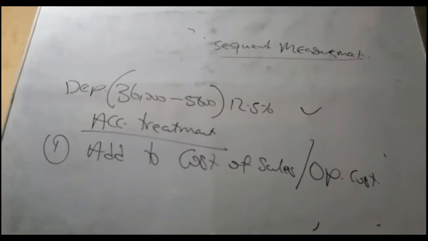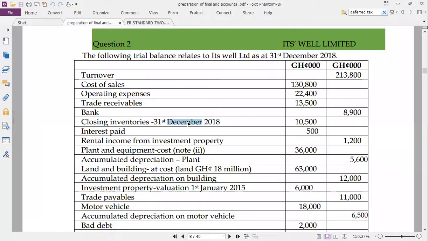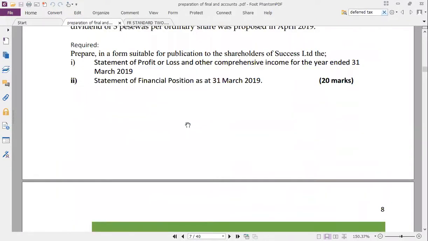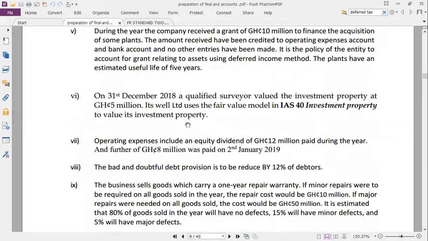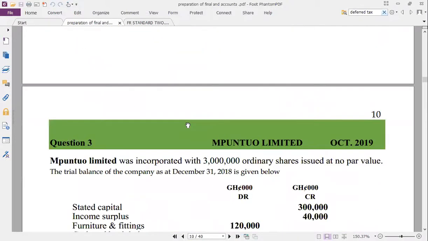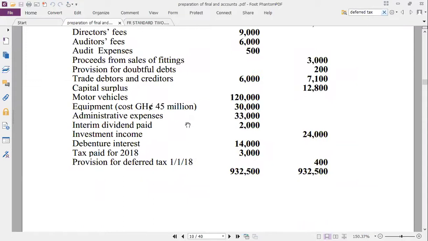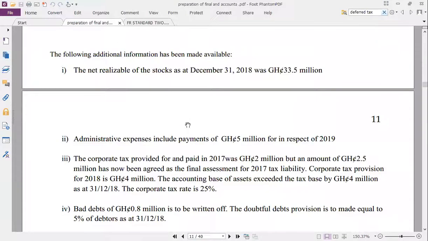Now let's go to Impuntio. Let's go to Impuntio though, and you'll see all of them were told where to treat the depreciation. So Impuntio, for instance, if you go to